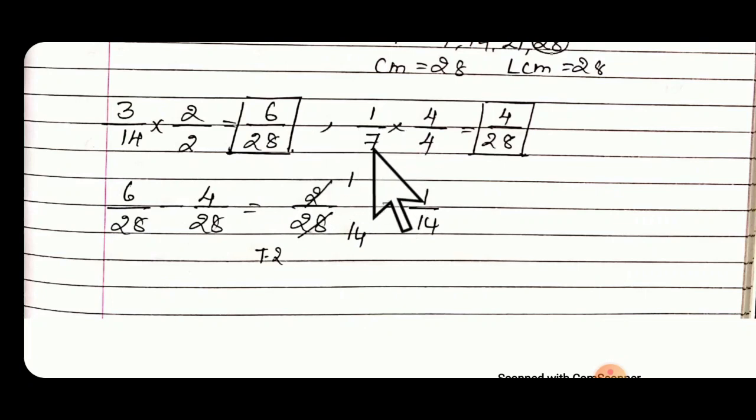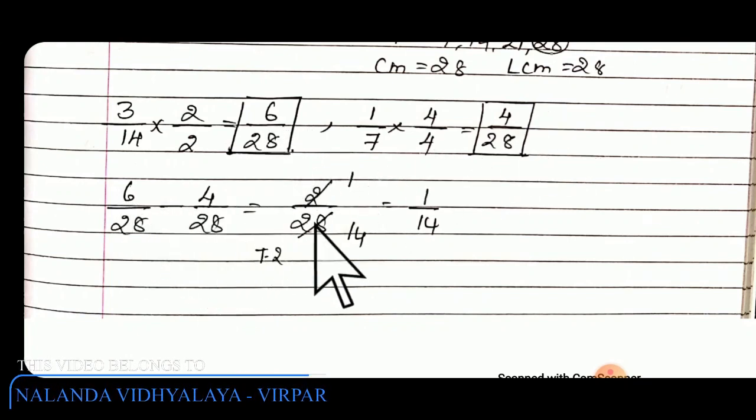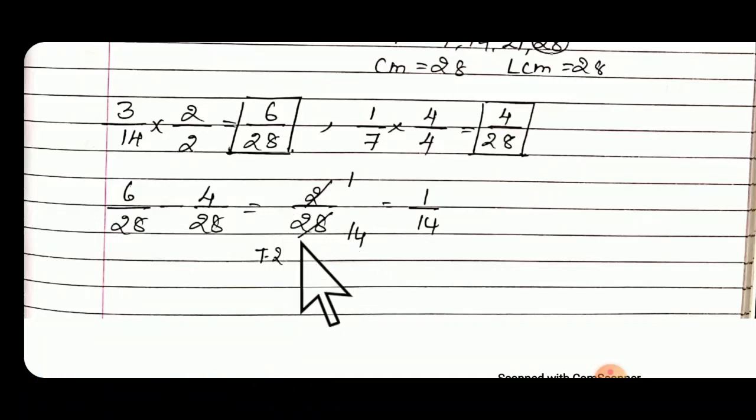1 by 7 is the next fraction. So in that, 28 is the LCM. 7, how many are 28? 7 fours are 28. 4, if you have written above also, you need to write 4. 1 four is 4. It becomes 4 by 28. Take the answer 6 by 28 and 4 by 28. If you subtract, you will get 2 by 28. 28, denominator remains same. 2 and 28, if you divide or cancel, take table 2. 2 ones are 2 and 2 fourteens are 28. The fraction will be 1 by 14.